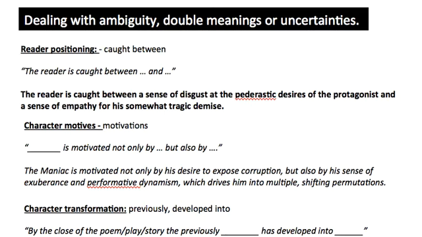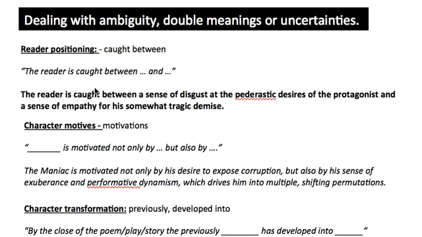These are a range of different sentence structures and habits of thinking as well that you can use to make sure you're doing it with some depth. So the first category here are sentence structures that are useful for dealing with ambiguity, double meanings, or uncertainties, layers or nuances of meaning. The first one is the reader positioning,